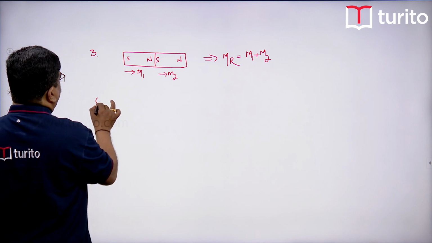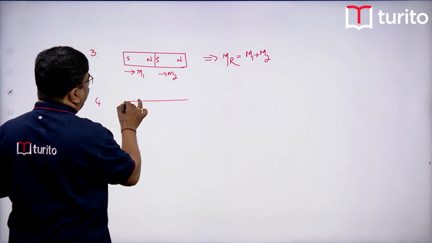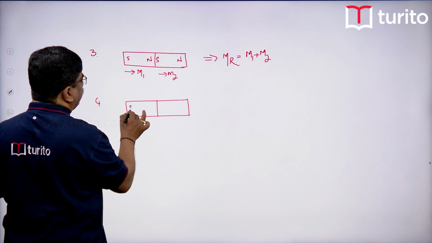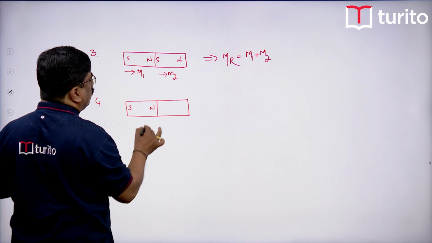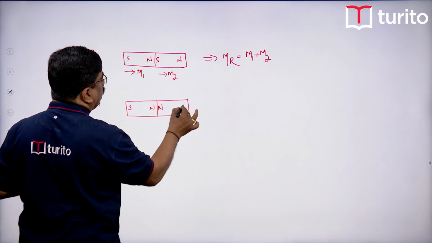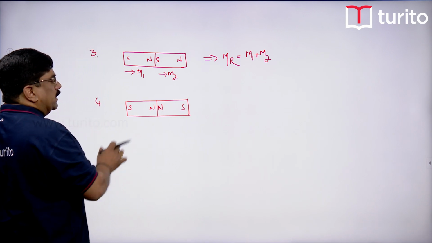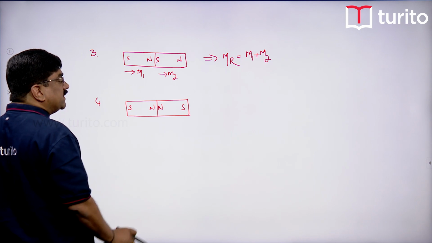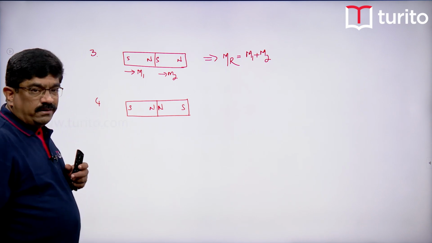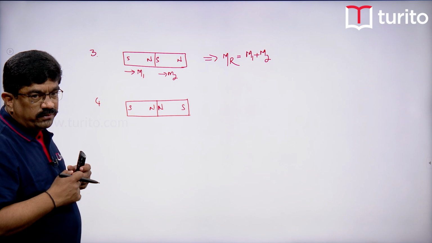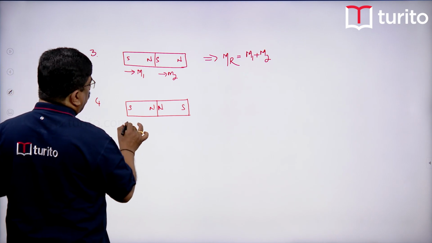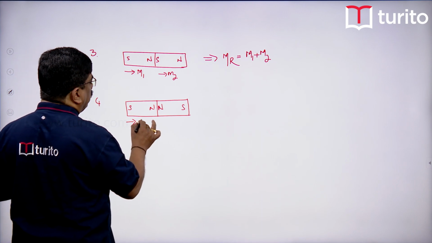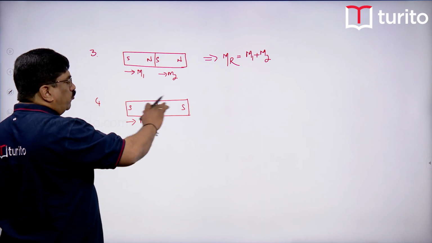And here similarly, if 2 bar magnets are kept side by side, this is south pole, this is north pole, this is north pole, this is south pole. There are 2 bar magnets, arranged side by side such that like poles are in contact, north and north both are in contact. So, in this case, we suppose for the first magnet, magnetic moment m1, it is south to north, which means it